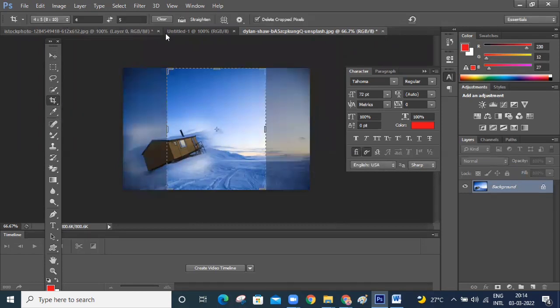Why it's coming like this is because here I selected the option 4:5, right? That's why automatically it's coming.